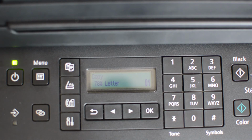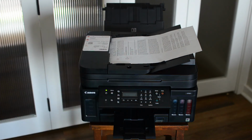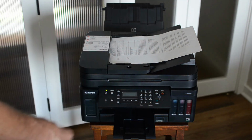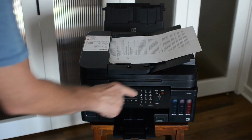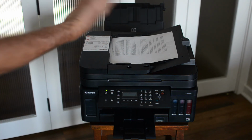Press OK again, and then the menu should change and say copy 78% letter. Perfect. That's exactly what we want. Now, if your original is all black and white, you press the black button. If it's color, then you'd press the color button. It's going to feed it in,